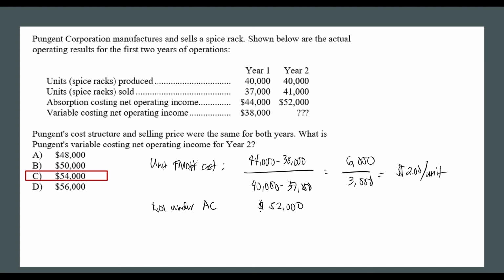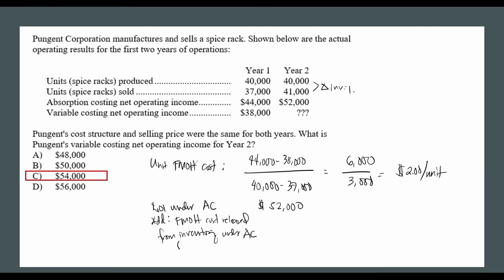And then we add your fixed manufacturing overhead cost released from inventory under absorption costing. So we now add back the fixed manufacturing overhead cost. How do we compute that? It is your difference in inventory